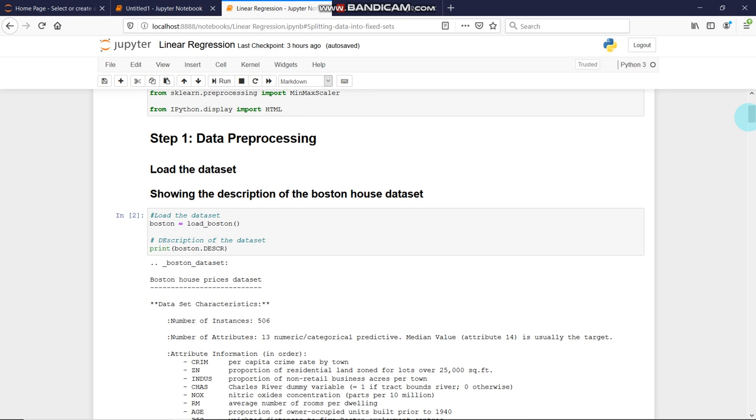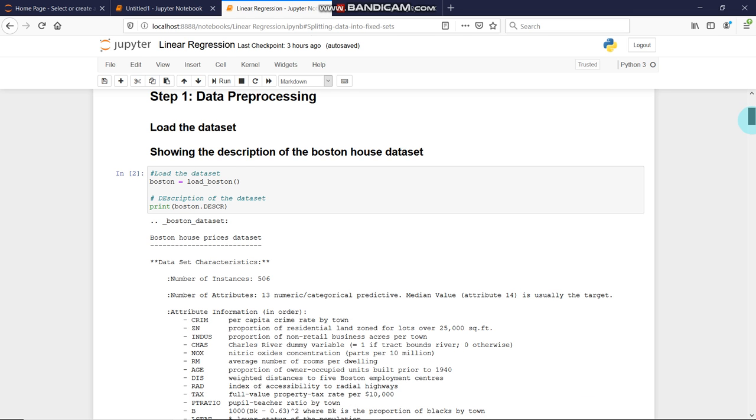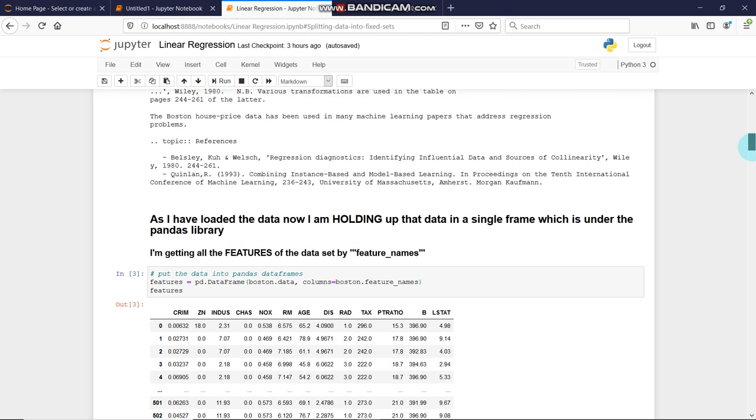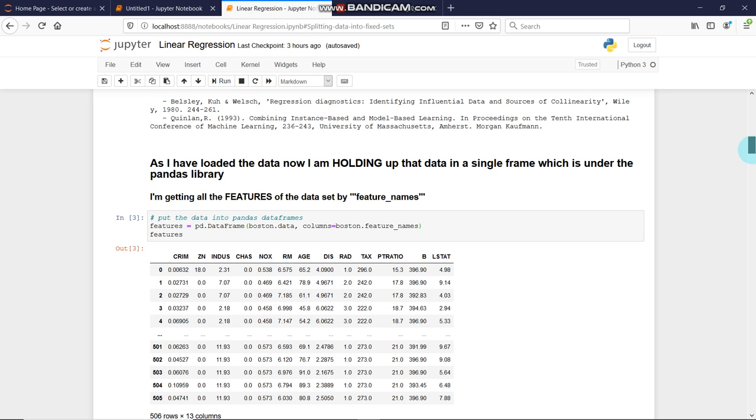Under this, we have loaded a data set which is already present in sklearn. So it's already present in sklearn, so we didn't have to download it from Kaggle or anywhere else. Here I've printed a description of the Boston dataset using the keyword DESCR, and then getting towards